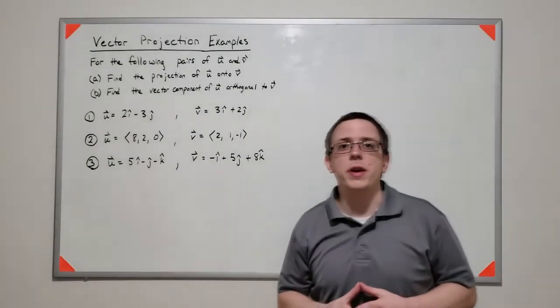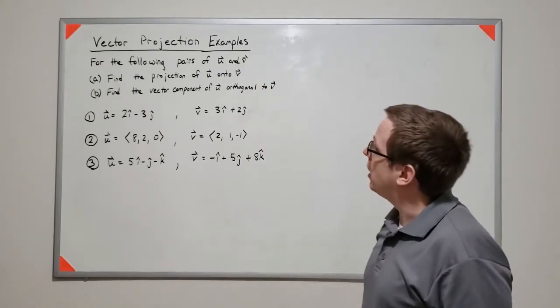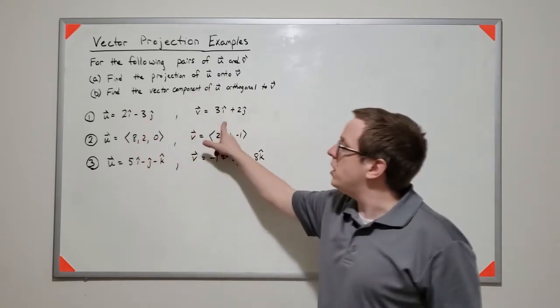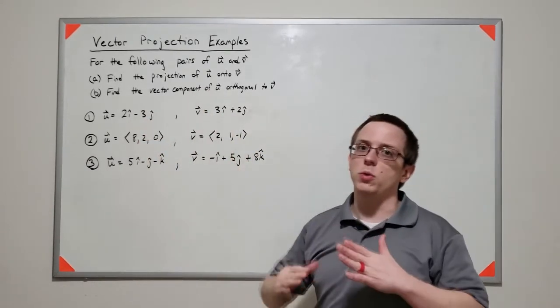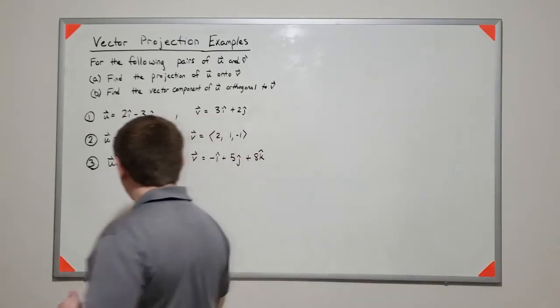So we want to find some vector projections. And we have two things that we're asking us to find. For these pairs of u and v, we want to find the projection of u onto v, and we want to find the vector component of u that's orthogonal to v. So if you recall,